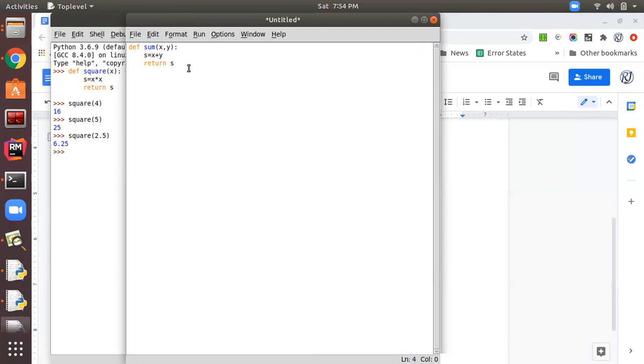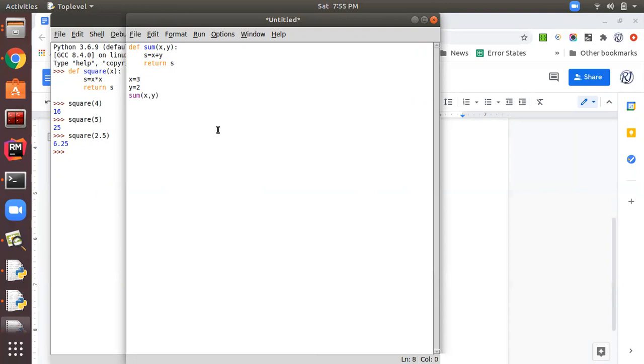Now I want to call this function in this program. So how will I call it? I can simply call it. Let's suppose x is equal to 3 and y is equal to 2, and I want to calculate the sum of these numbers. So I will call the function sum and simply pass x comma y.